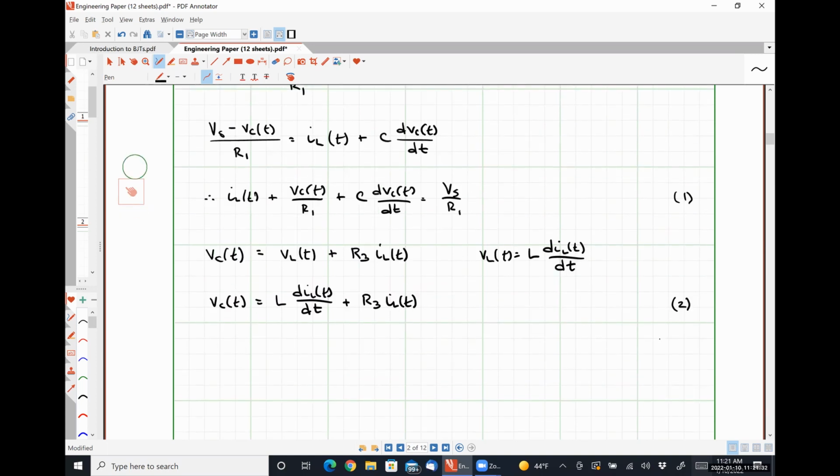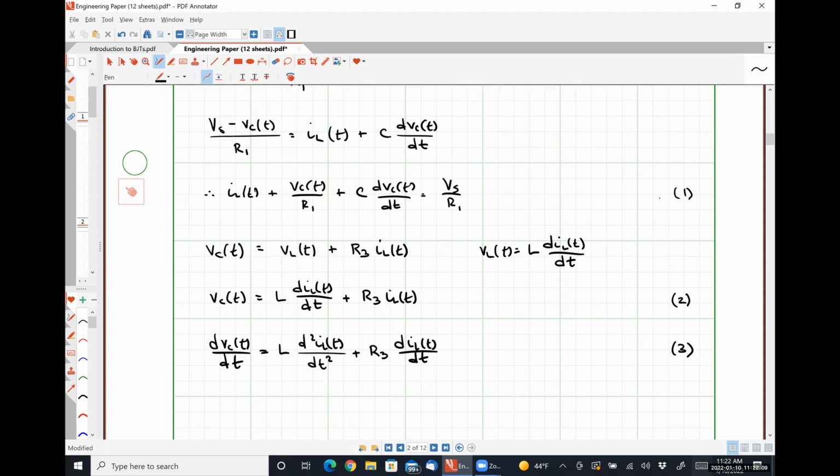If I take the derivative of equation 2 with respect to time, I can easily see that the derivative of the capacitor voltage is going to be L times the second derivative of the inductor current plus R3 times the first derivative of the inductor current. I can now substitute equations 2 and 3 into equation 1, leaving me with